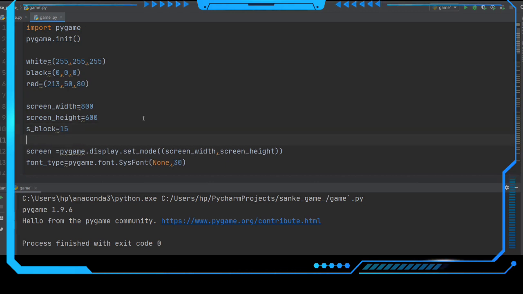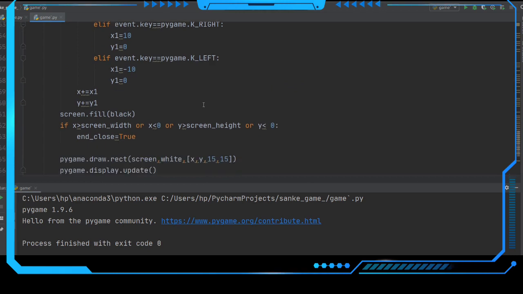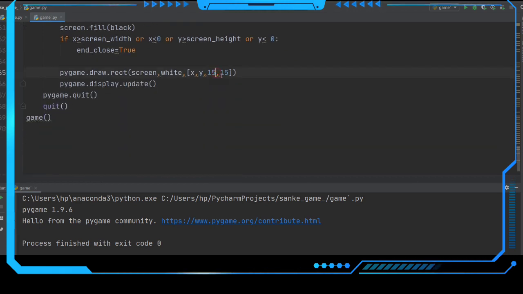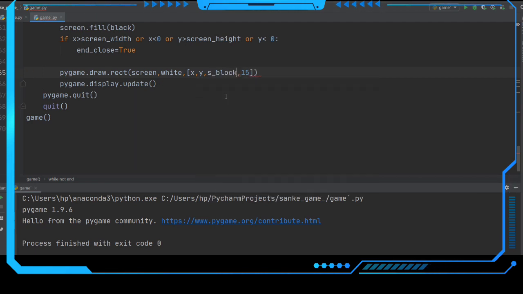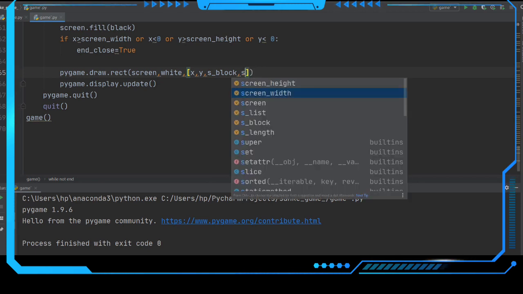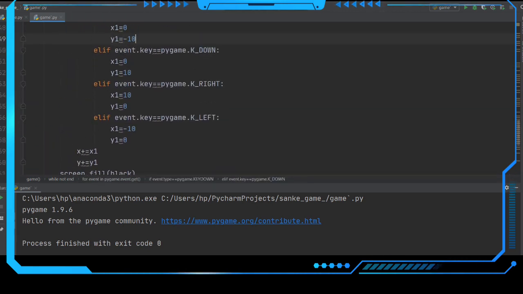After making this 15, we have to change this snake block, like when we are drawing here, we have to make this 15 snake block here. So instead of making this 15, we are making that one there. So after changing this one, we have to define